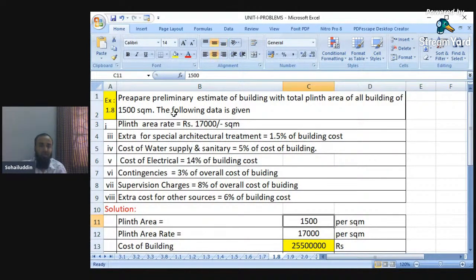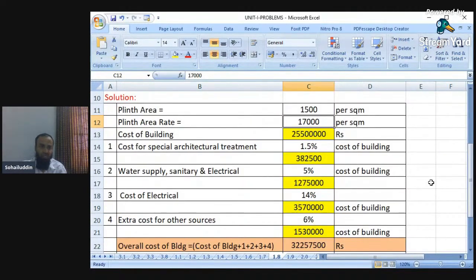Plinth area is directly given as 1,500, and plinth area rate is given as 17,000. Simple multiplication is there. Cost of building comes about this, and cost of special architectural treatment has been taken as 1.5% of cost of building, whereas water supply, sanitary and electrification has been taken as 5% again of cost